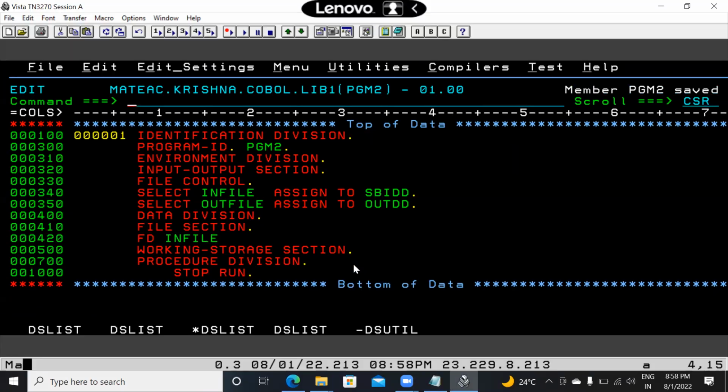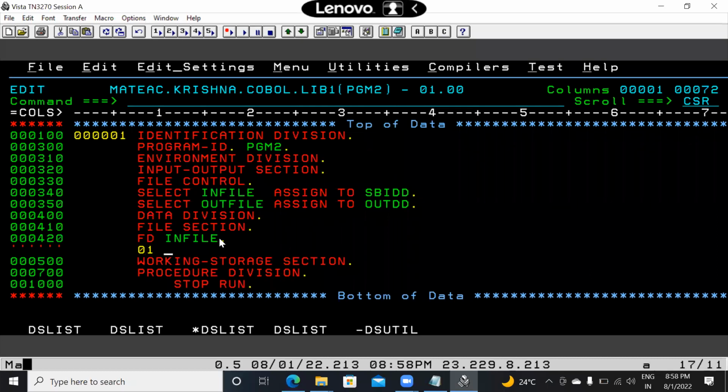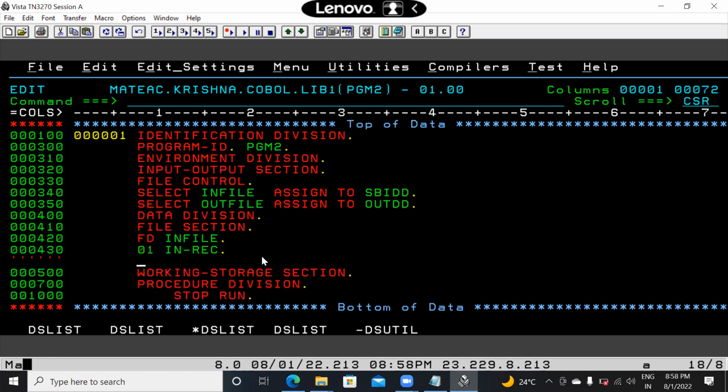We'll just code the program today. So FD here, we have to define the variables. Level 01. So I'm defining the input record structure here. It got stuck. Okay. So under this, at the 05 sub level, what do we have